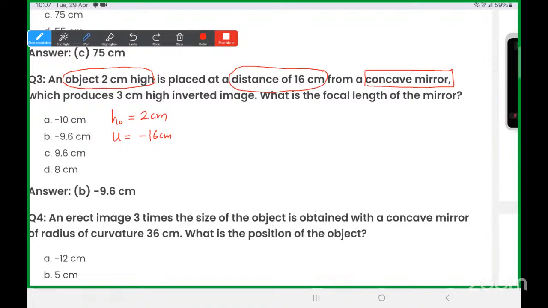अभी भेजा हूं मैं 9:30 बजे। विच प्रोड्यूसेस 3 सेंटीमीटर हाई इन्वर्टेड इमेज। ध्यान दो, हाइट ऑफ द इमेज इज -3 सेंटीमीटर लेना पड़ेगा। अगेन नेगेटिव क्यों लिया मैंने? क्योंकि इन्वर्टेड बोला है, क्वेश्चन में बोला इन्वर्टेड इमेज बनेगा। व्हाट इज द फोकल लेंथ ऑफ द मिरर? फोकल लेंथ पूछिए बेटा, बिल्कुल आसान।